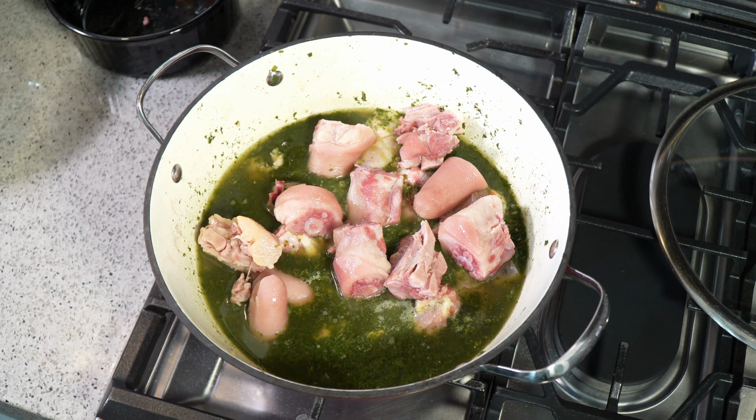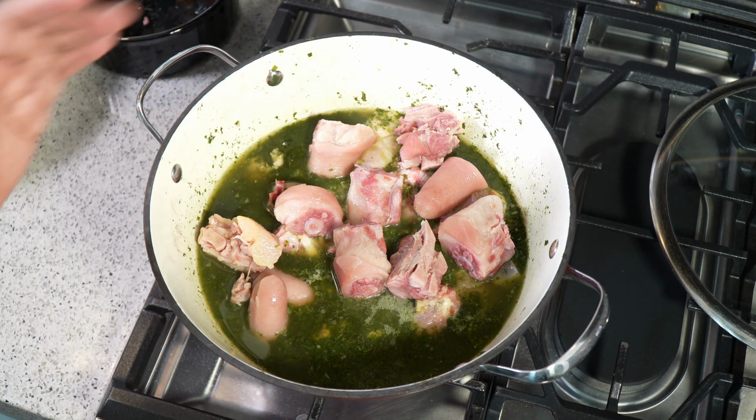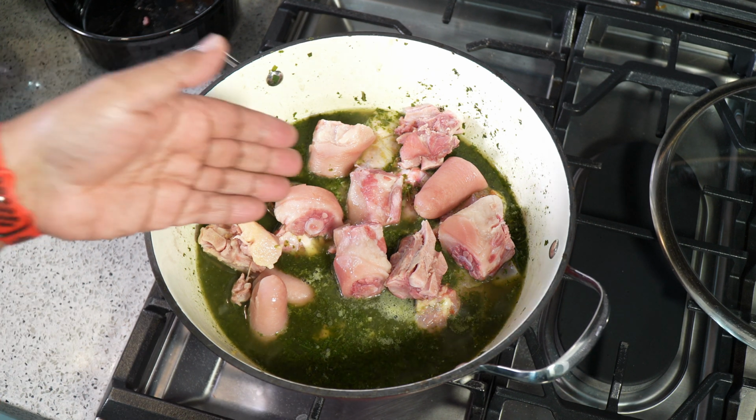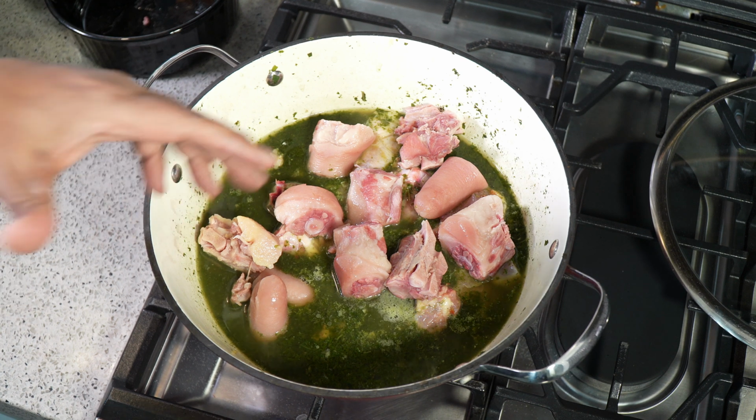But with the salted pigtail, all you do is fill up a pot with water, bring it up to a boil, and boil it for about 30 minutes. You drain that water and repeat that for another 30 to 40 minutes, and you drain it. And what that's going to do is remove most of the salt, but help to get it nice and tender,